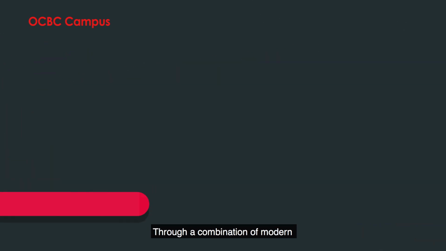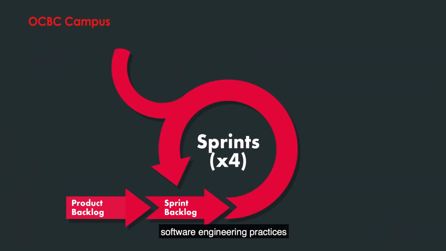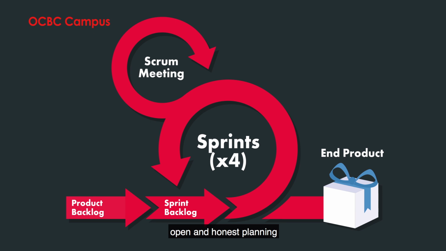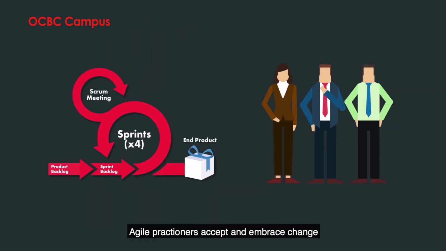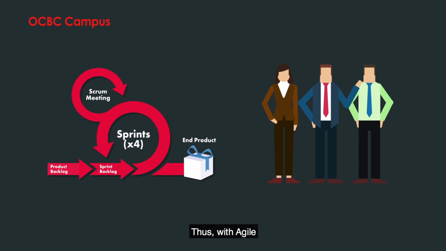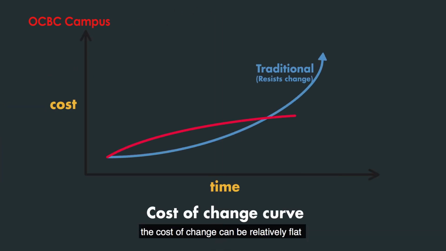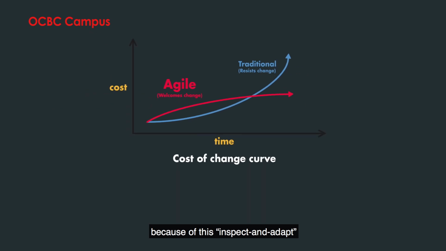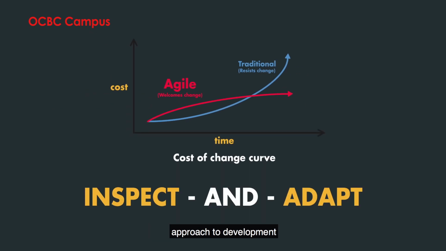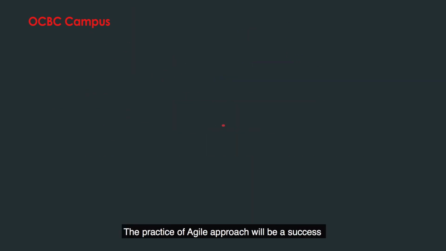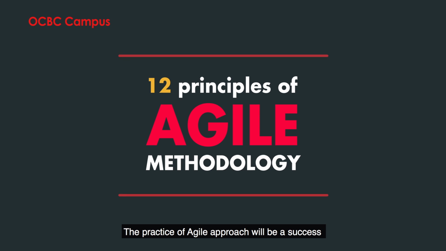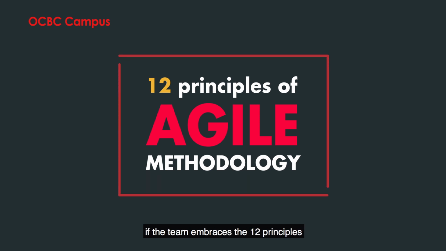Through a combination of modern software engineering practices and open and honest planning, Agile practitioners accept and embrace change even late in the delivery process. Thus, with Agile, the cost of change can be relatively flat because of this inspect and adapt approach to development. The practice of the Agile approach will be a success if the team embraces the 12 principles,